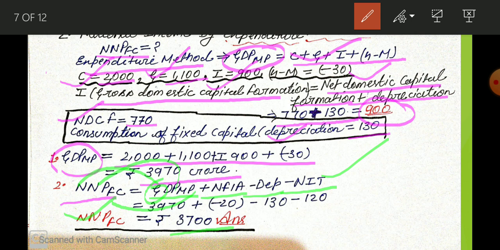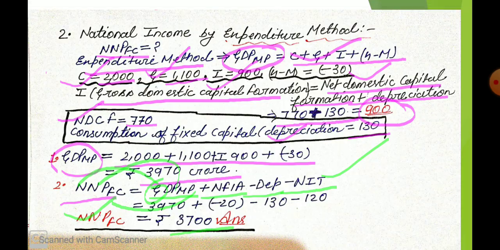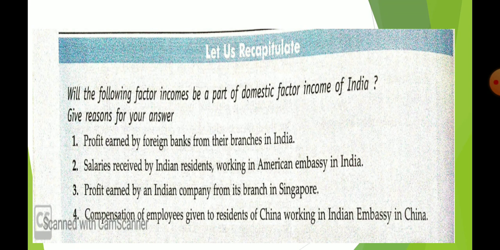Okay, and this adjustment I had told you in the beginning, how you can make adjustment. If you have one aggregate, how you can convert it into another aggregate. Okay, whenever net is given and you are moving to gross, you have to add depreciation. Okay, so please open that page and learn it properly. Now, this is over.